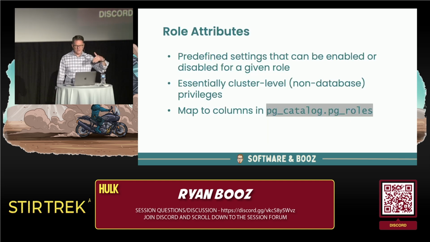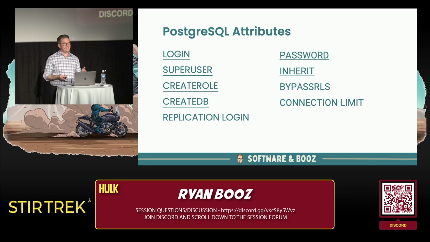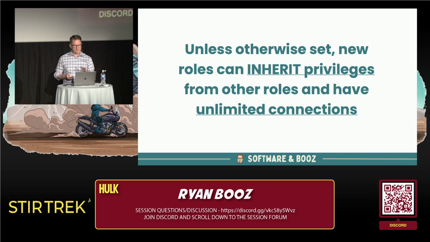And then at that layer, as I said, we have these predefined attributes. So they are kind of like privileges for the database server itself. They're predefined, and they kind of map to columns in the pg_roles table. If you ever connect to your Postgres database and go look, you'll see that these match up exactly with these listed attributes. The underlined ones are the ones we're going to talk about over the next few slides. Obviously, we're not going to get into replication, bypass, row-level security, and connection stuff. The others are what is most important to our conversation here today. We already talked about login, and we'll talk about inherit in just a minute.